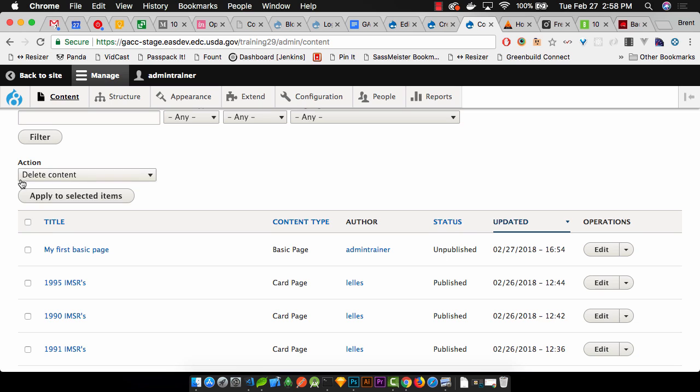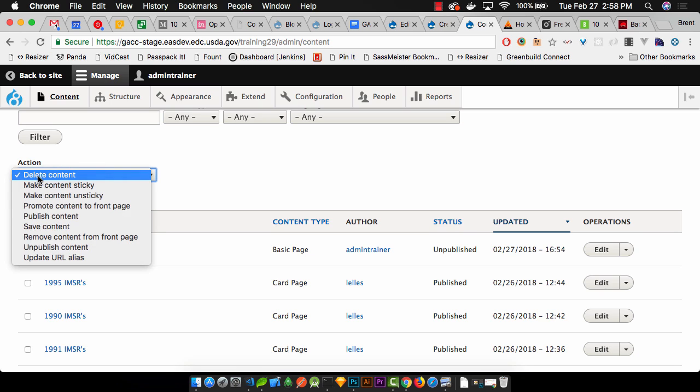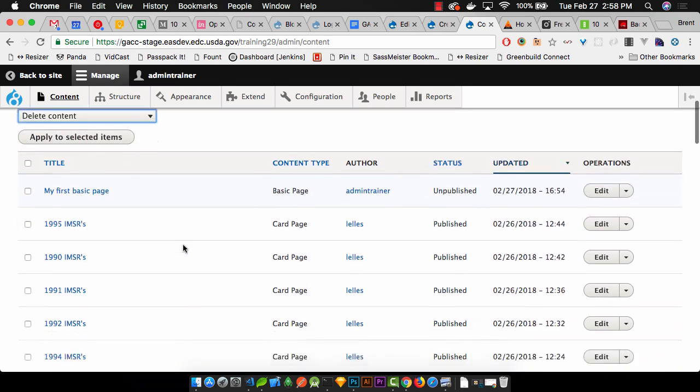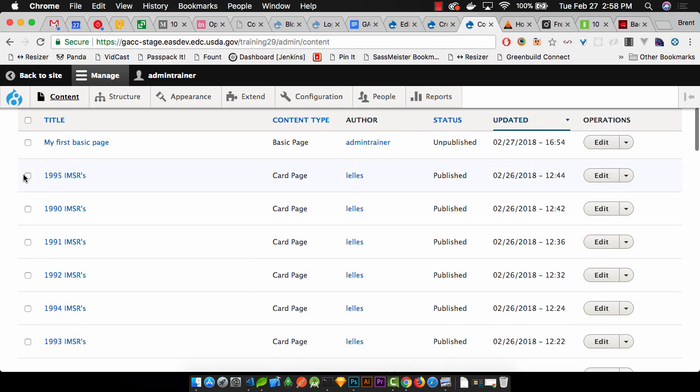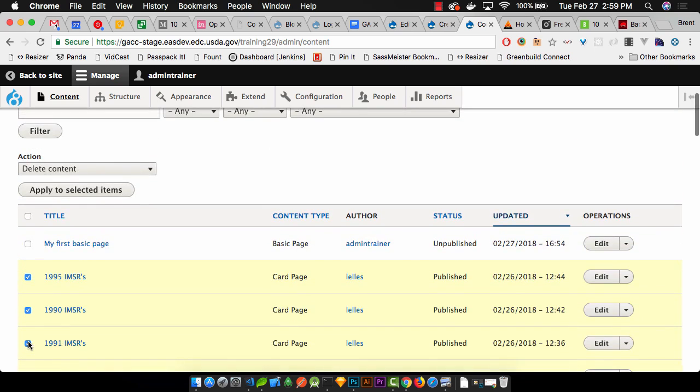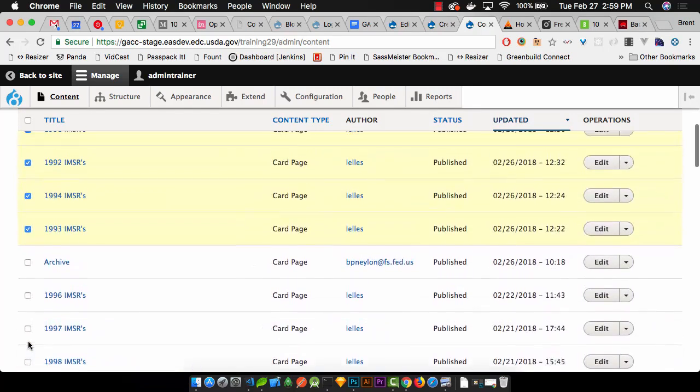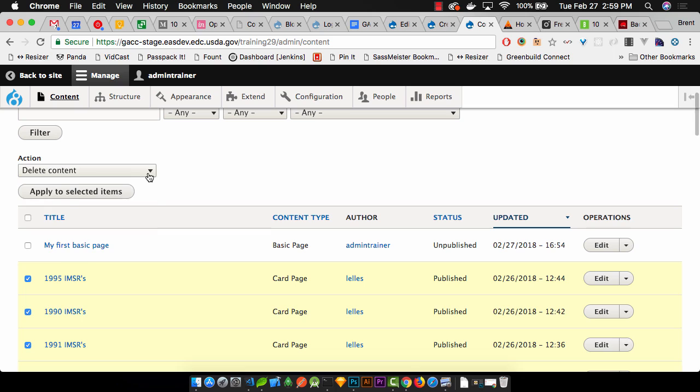Underneath actions, you have the ability to delete content, publish content, and also unpublish content. The main things are that you can delete content and unpublish content, and those are the two main things you'll ever use this action for. It's really nice if you have a bunch of old content, you can just select, select, select. There's no limit. So you can select all the content you want to unpublish or delete,